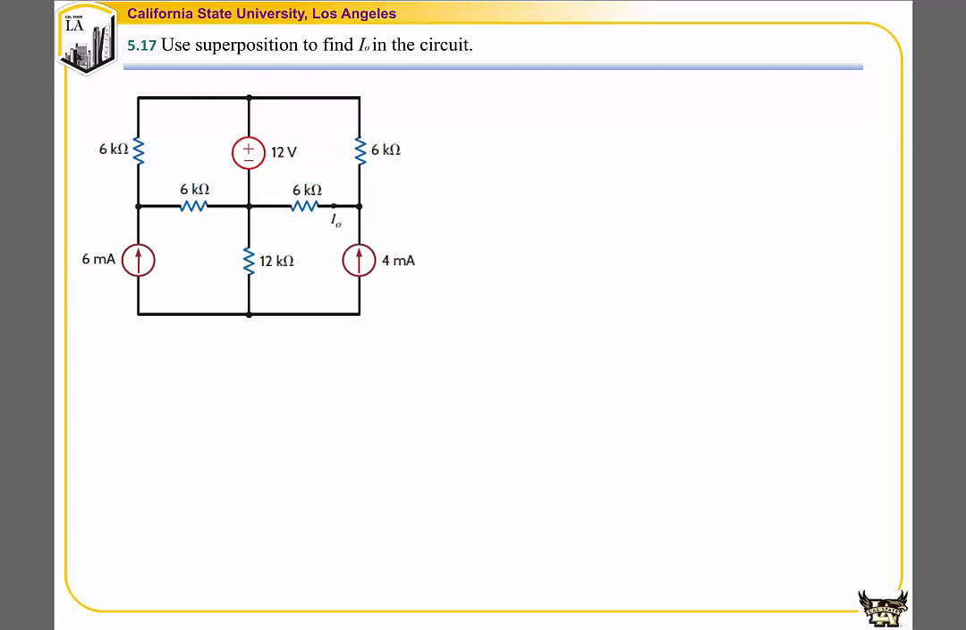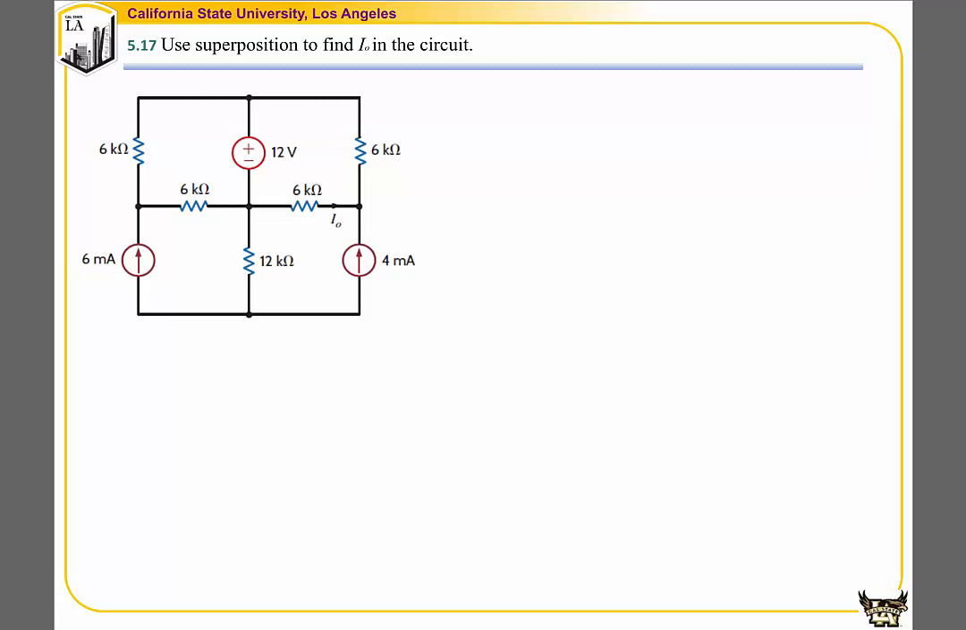This example is a little bit more complex compared to the previous one, because in this circuit we have 3 power supplies. But the process to solve it is exactly the same as what we had from the previous problem. So step 1, we're going to first break down this problem into 3 smaller problems, with each problem only having